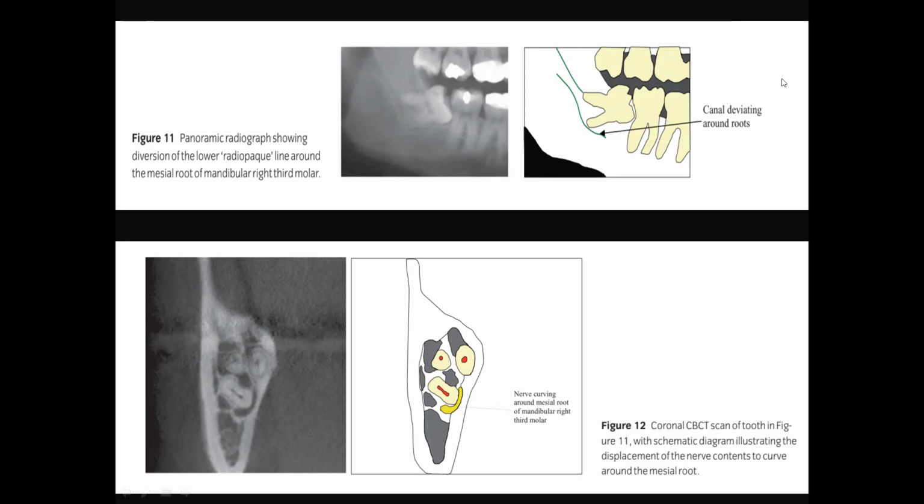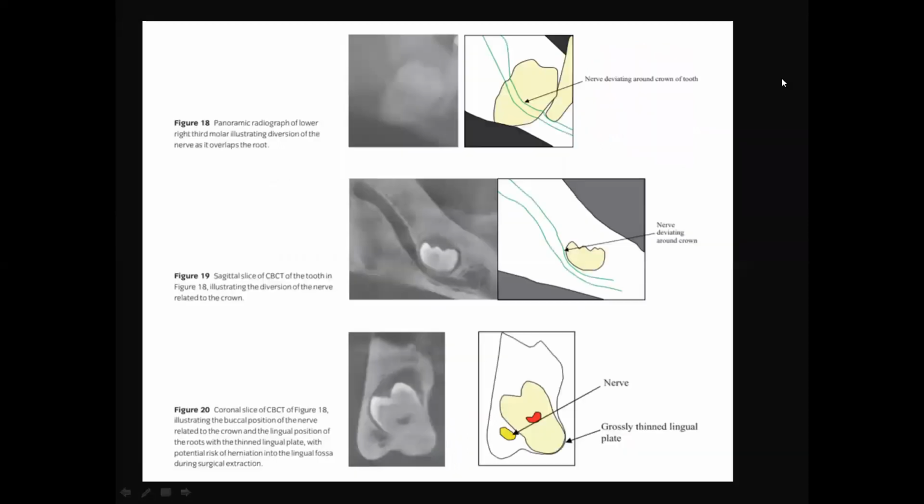Whether it is present buccally or lingually, we never know. But in this scenario, we can say that it is present on the lingual side and is in contact with the tooth, and in the same shadow we can see that the superior margin is not visible. So it means the tooth is in direct contact with the nerve. Even the superior cortical plate is not present. Similarly, over here, the canal shadow is deflected downwards and is in close contact with the coronal half.